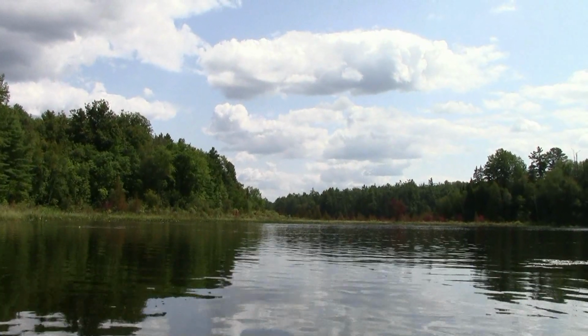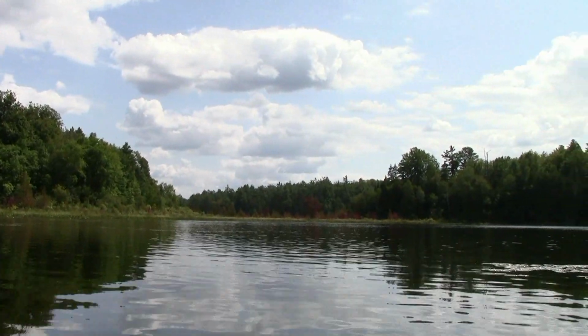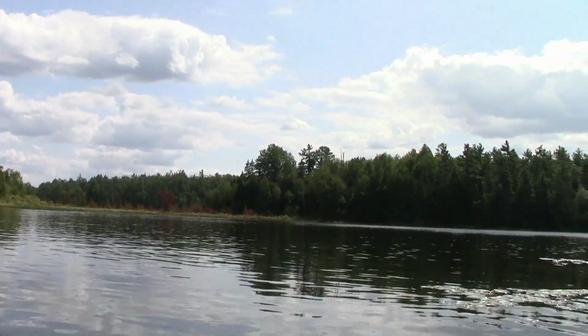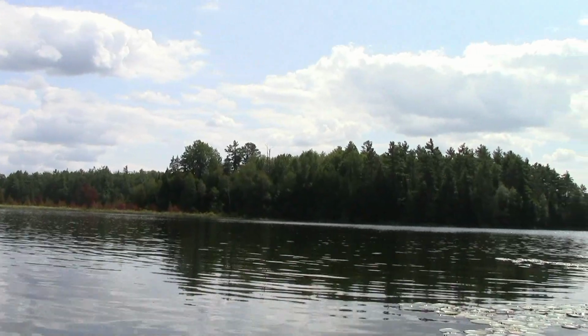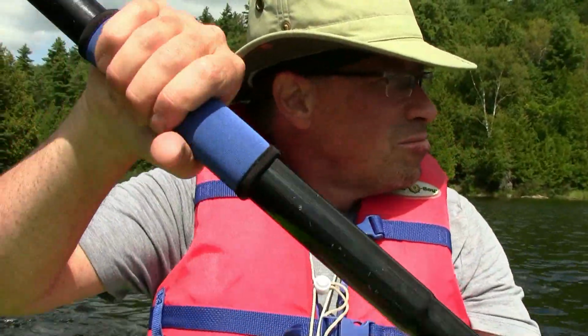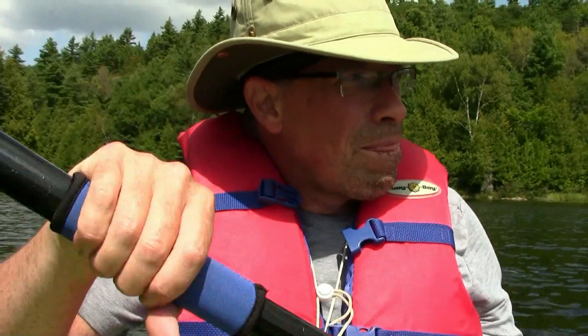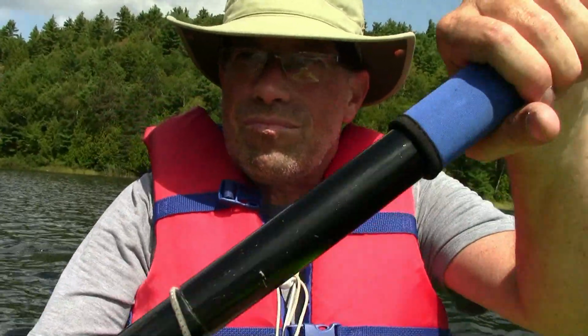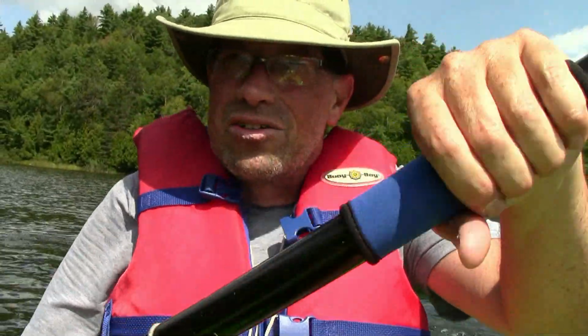It would have been really cool to come around that corner and see a moose in that swampy area feeding away. Paddlers tell me they see moose all the time. Not me. Not so far. Not a one. But I'm keeping my eyes out. One day. Well, looks like it's just a long paddle back now